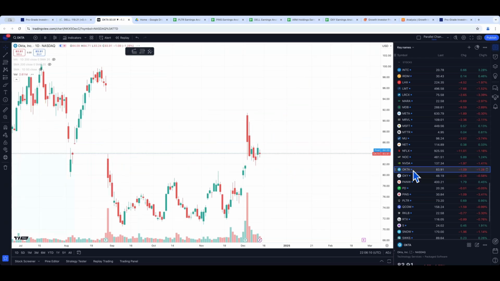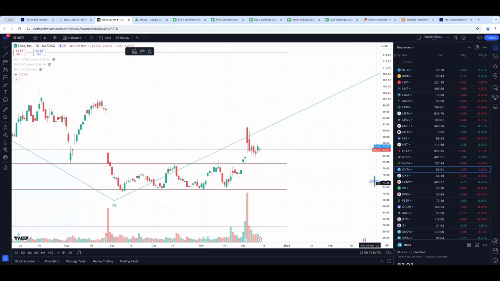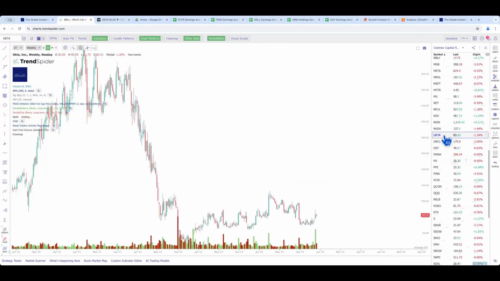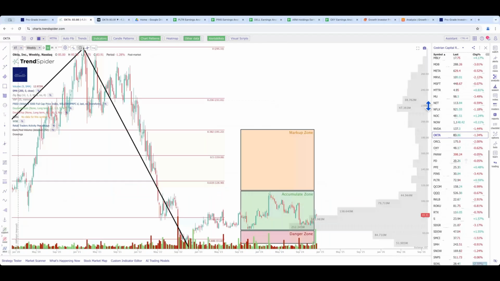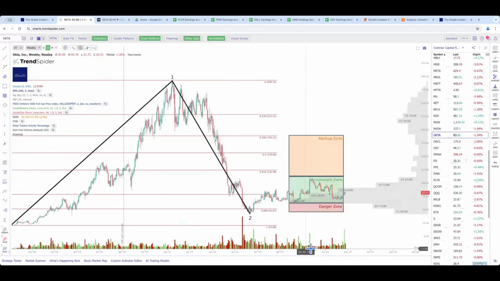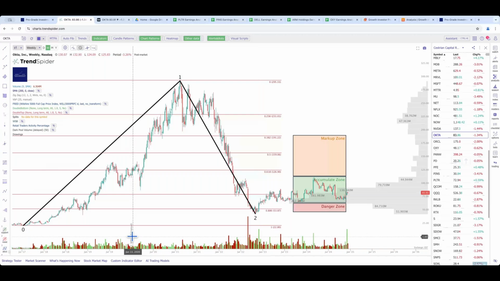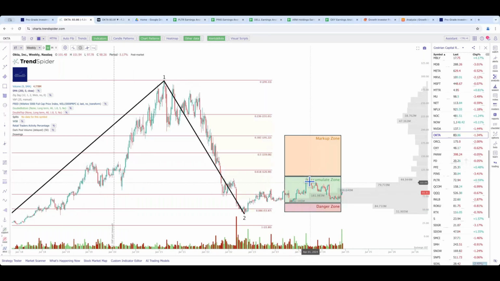As you know, this was a 2021 darling, got itself into a whole world of trouble and pain and difficulty, almost entirely of its own making, with a big merger that it handled very badly, and claimed the careers of most of the management team, but curiously not the CEO. Oddly, probably should have done. But here's the low it put in the October 22 timeframe. It bottomed out at 45. It's since more than doubled. It put in a high this year at 114, and then it's sort of sold off with software since then.